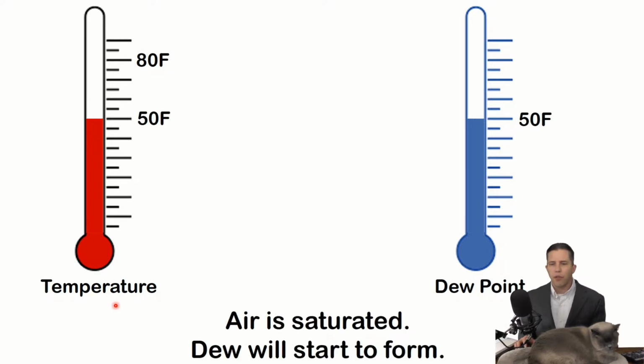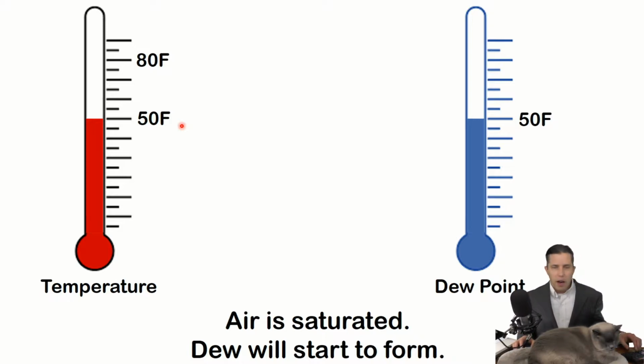Now we drop it down to 50, and at 50 degrees, air is saturated. So from this point forward, we're going to start making dew. Right at 50, where the temperature equals the dew point, both of those values are the same. The air is saturated. What we would get at this instant would be microscopic dew, tiny little particles you could hardly see. But as I cool it further below 50, those little dew droplets are going to start to grow larger and